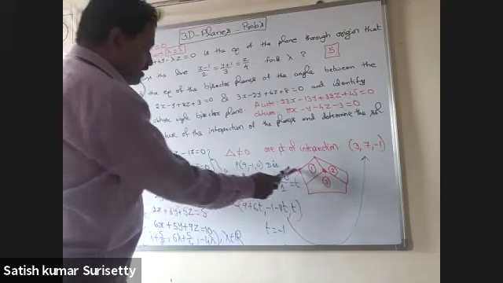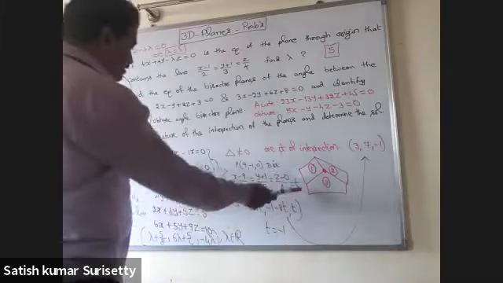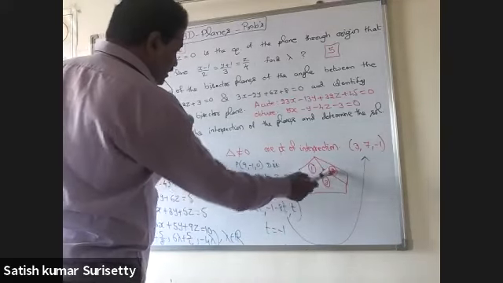Now take any point on this line, a general point, and substitute it in the third plane. Then solve for the t value. Then that will be the point of intersection of the three planes.